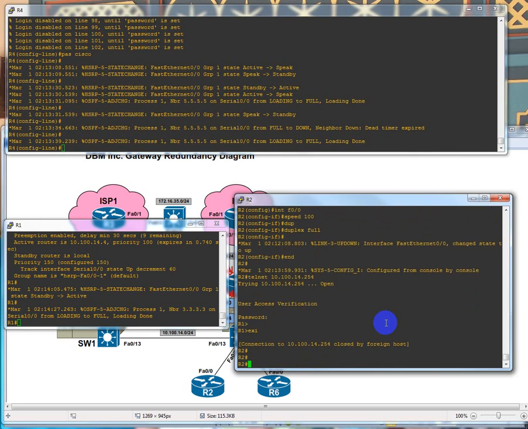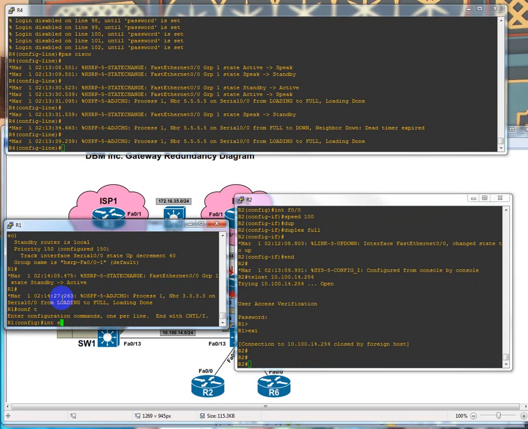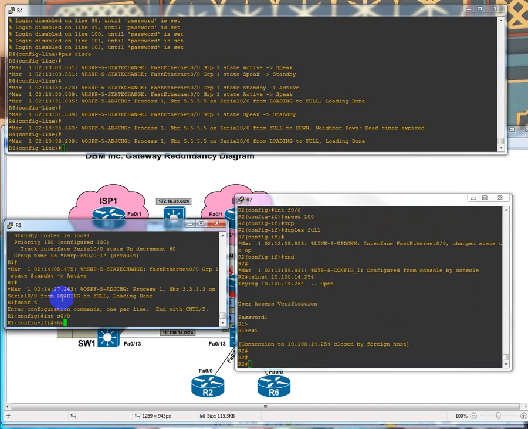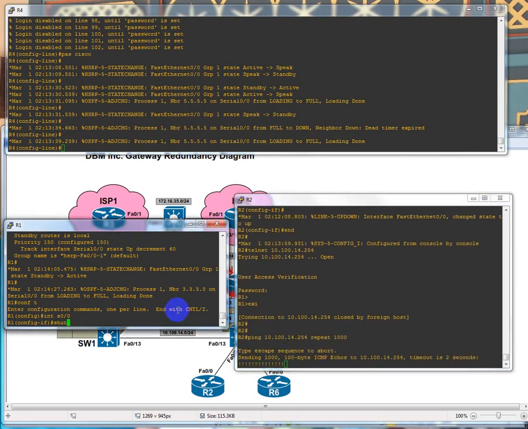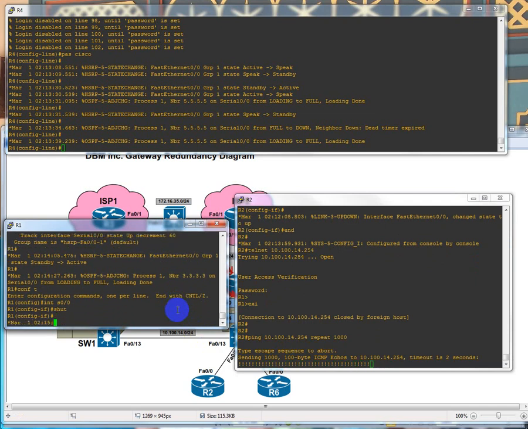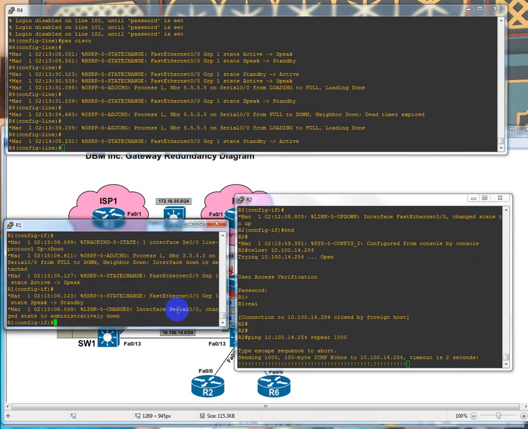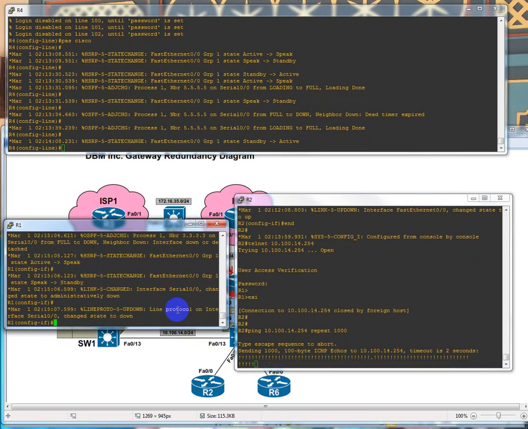Now we're back on router 2. And what I'm going to do now is on R1, I'm going to do config t interface serial 0/0. I'll type in shut, but over here I'm going to hit the up arrow. I'm going to do that long ping again and jump back over to R1 and do this again. So we had that long ping, and then it should. Okay, that went a lot quicker because of the fact it was actually watching the decrementing. So if we do a do show standby,